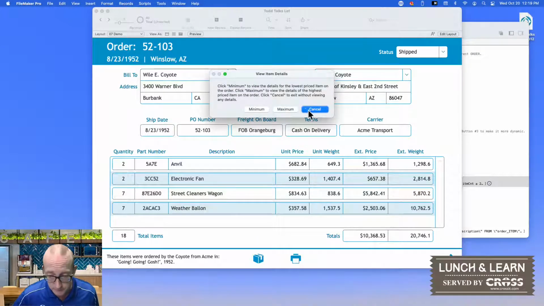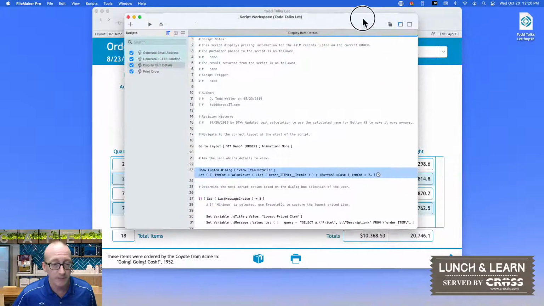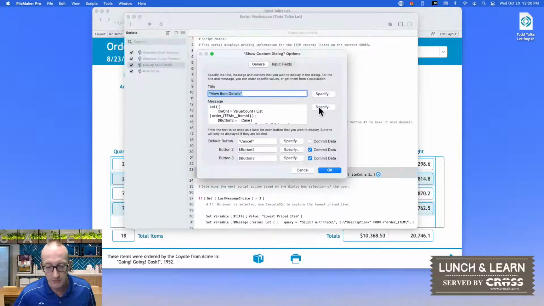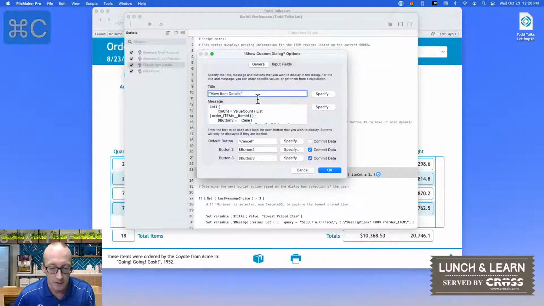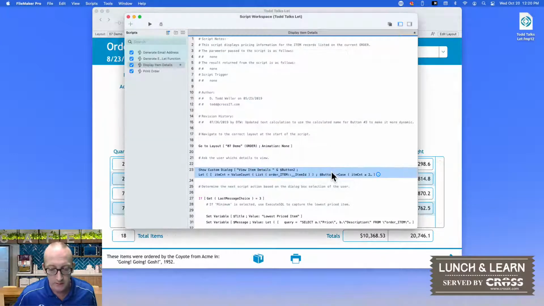All right. Now, one interesting thing if you do use this technique is that the order matters. Like I said, we're calculating the values of button 2 and button 3. But if I go ahead and grab button 2 and say, I'd really like to see that value in my title as well. I mean, this isn't a great example because you wouldn't really want to see the button name, but there might be something that you have to calculate that you want to see in your title. So if I put that up here as well, and click OK,